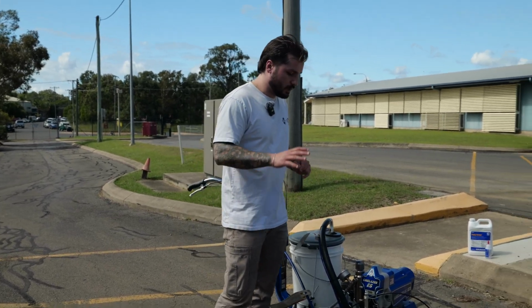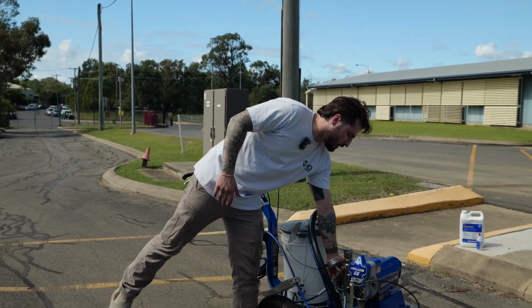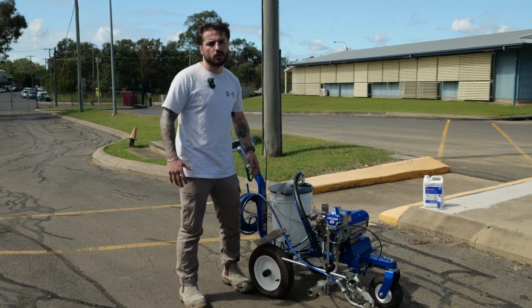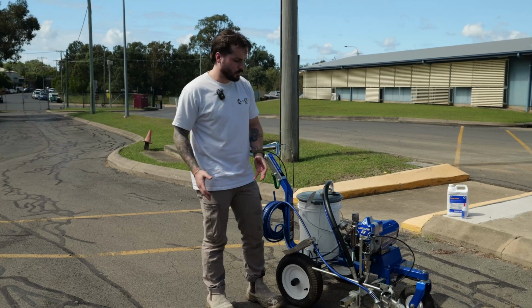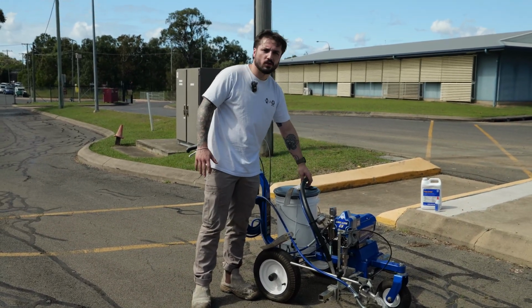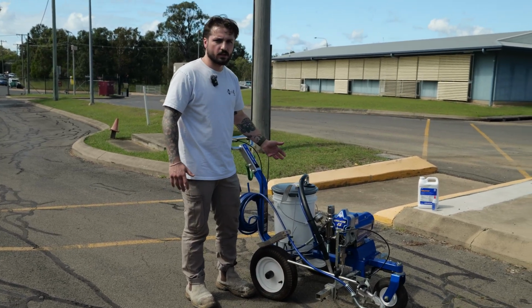But now we've drained all the pressure. We can see on the pressure dial there's no pressure in the unit. We flicked it into prime, and now we can take out our paint. And what we're going to do is cycle, I usually say roughly 2 drums of water through it. So you want to have a waste pail, you want to have a fresh drum of water, you want to put your suction tube and your drain tube into your fresh drum, prime that through until it's primed into